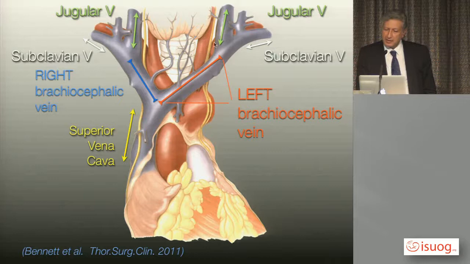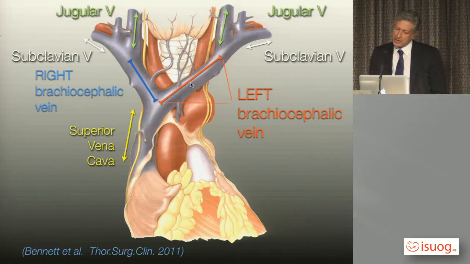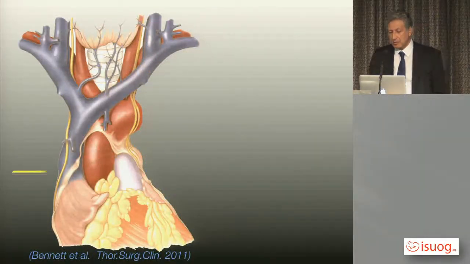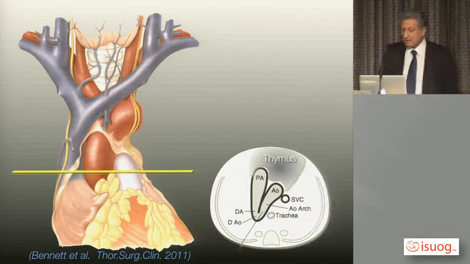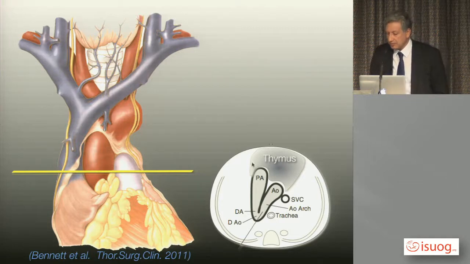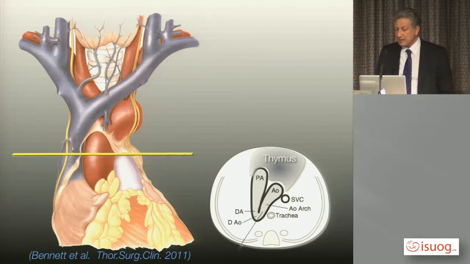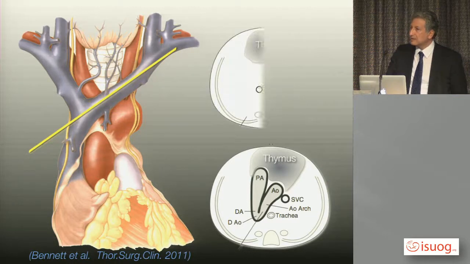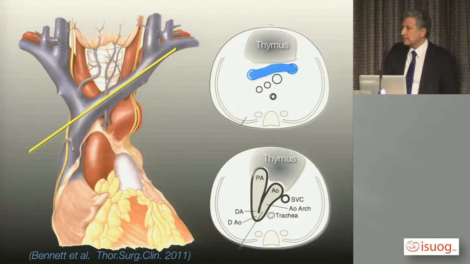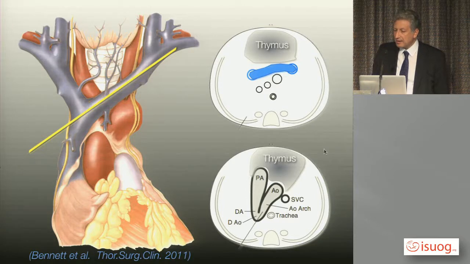This is why this vessel is, in a way, so long and horizontal that we can see it easily just in front of the three-vessel view. Once we scan at the level of the upper thorax, the upper mediastinum, we see the three-vessel trachea view. We see in front of this vessel the thymus. And if you move a little bit upward and get a slightly oblique view, then you see, just behind the thymus, dividing the thymus from the three-vessel view,